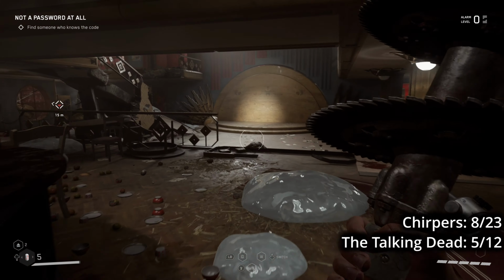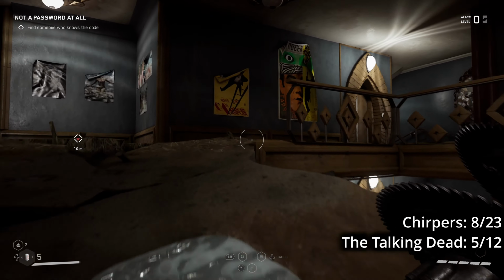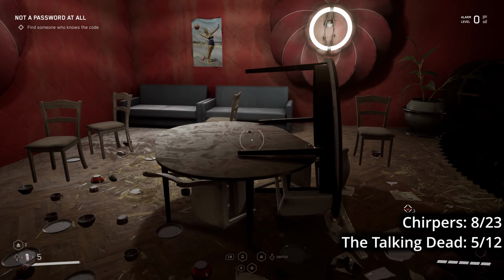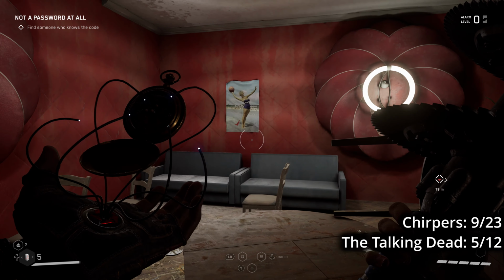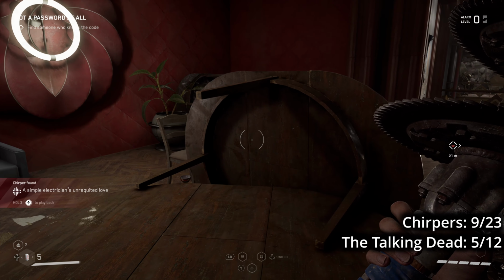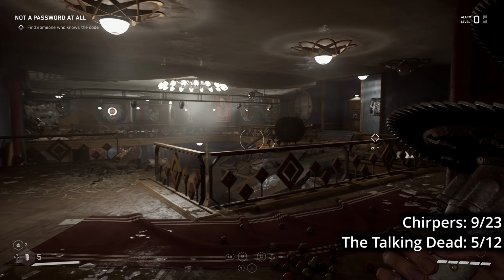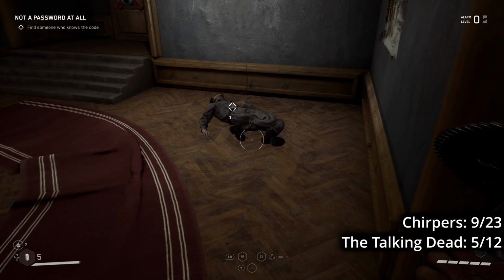You can go ahead and talk to her real quick. Then from there, you're going to head up this broken goo-covered ramp to find a chirper sitting on the table back here. Go ahead and grab that one. Moving on from that chirper, you're going to head back over to the top of the goo-covered slope, where you'll